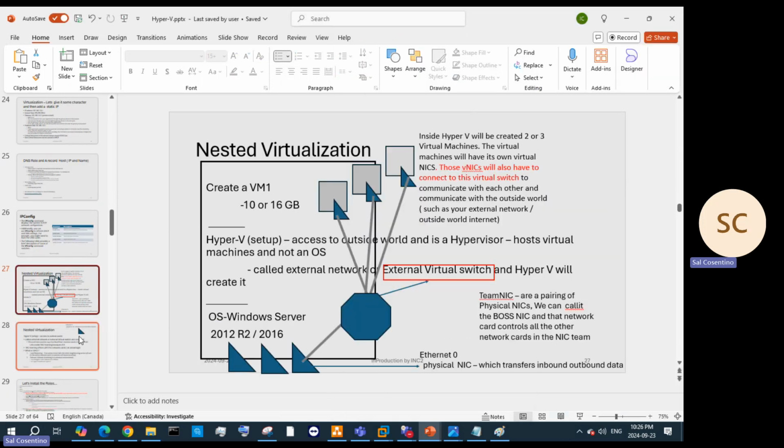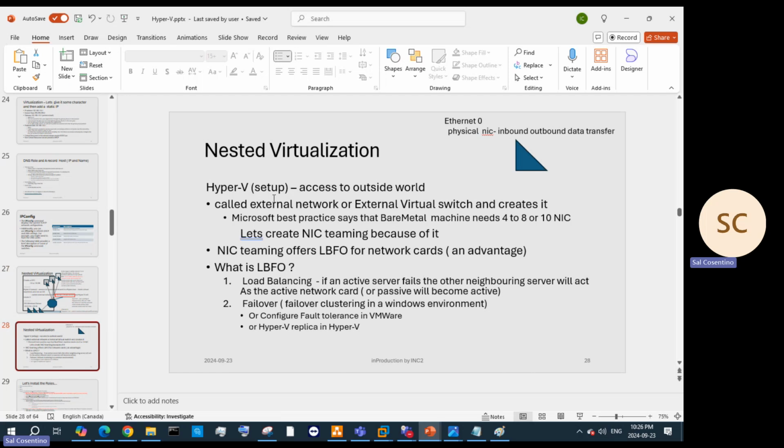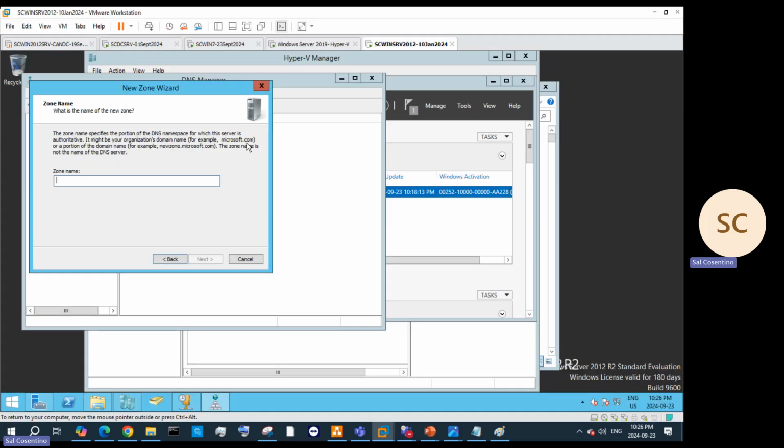Next is our Hyper-V setup. And again, that's to access the outside world, right? That's what our Hyper-V is, right? So we call our external network or external virtual switch and create it. Or like Microsoft best practice says that a bare metal machine needs to have 4 to 8 or maybe 10 NICs. Again, we can create NIC teaming. NIC teaming,